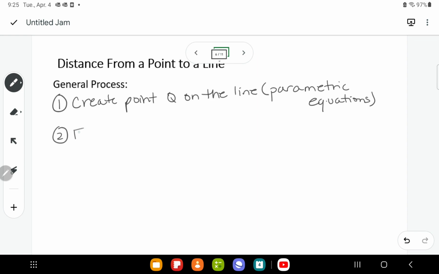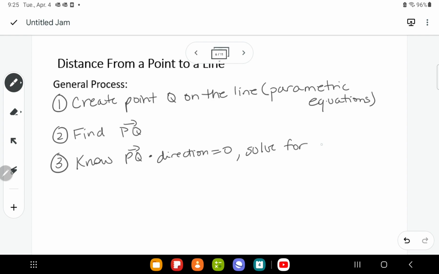Then we're going to find vector PQ. And then we know PQ is perpendicular to the direction. So PQ dot the direction vector equals 0. And then we're going to solve for that point Q. The last step here is to find the magnitude. Once we get Q, it's easy. We just want to find the magnitude of that vector PQ. So that's what we're going to do here